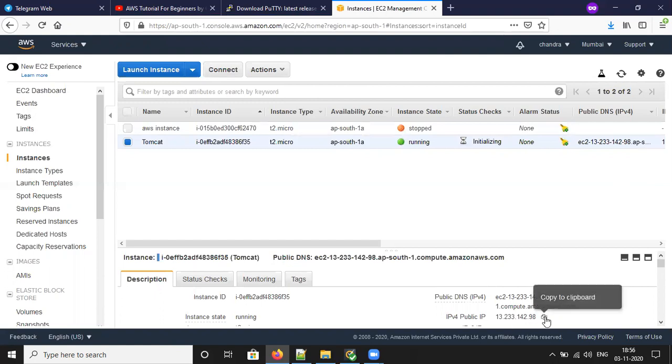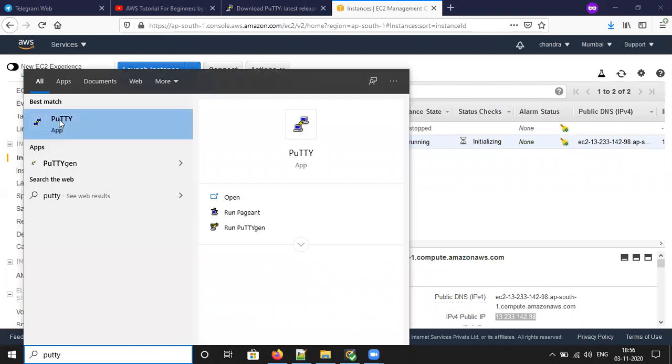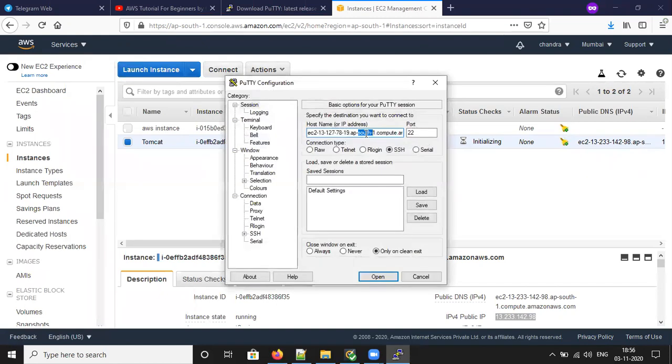I can take this public IP. Now you can use PuTTY, not PuTTYgen. By default, the port is 22.